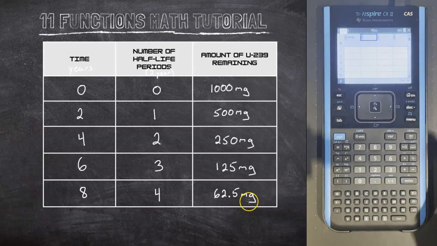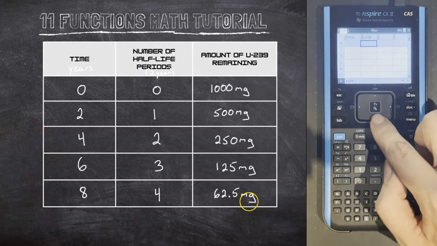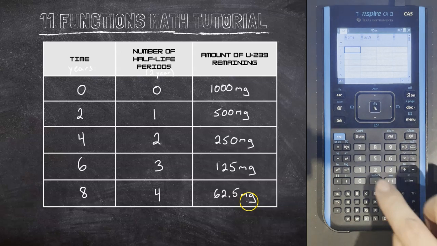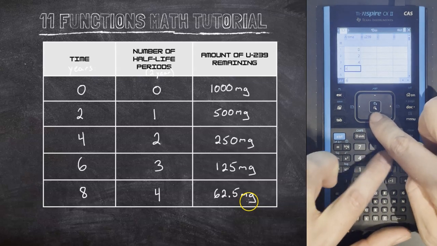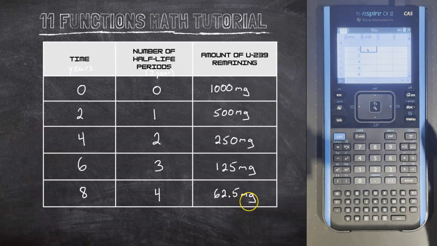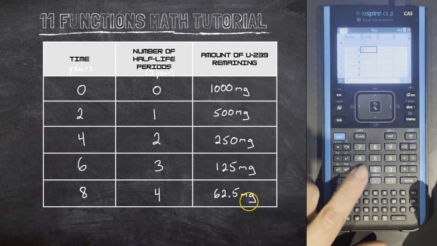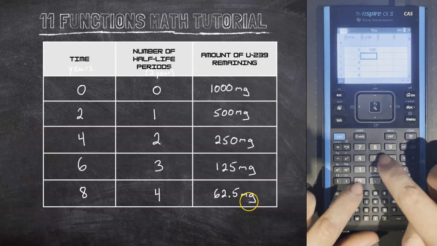And for the second one, we're going to use U239, that's how much is remaining. So our data was 0, 2, 4, 6, 8. And for the remaining uranium-239, we had 1,000 milligrams, 500,